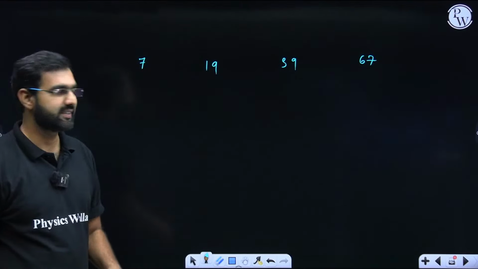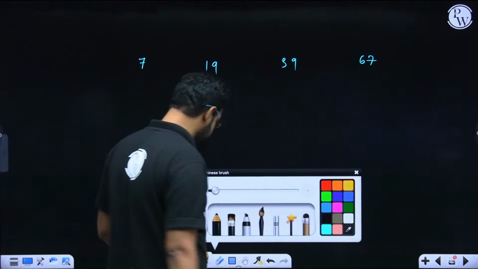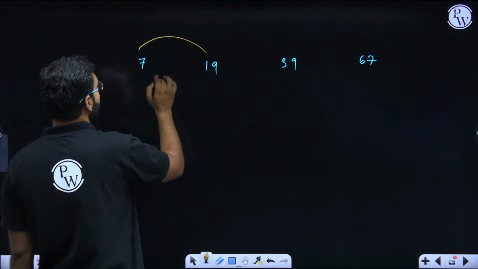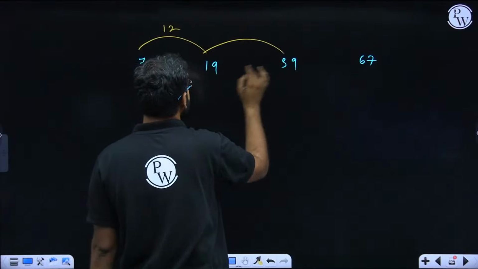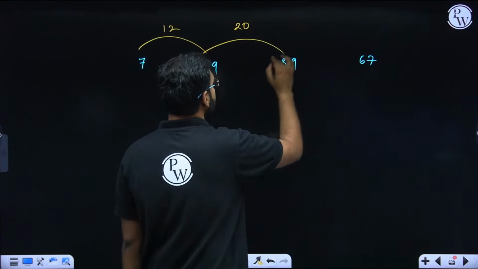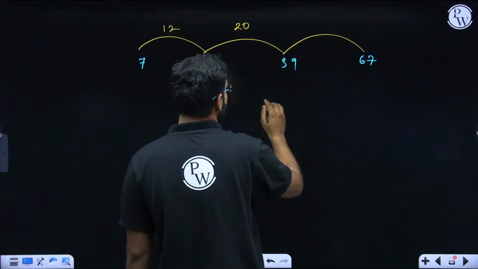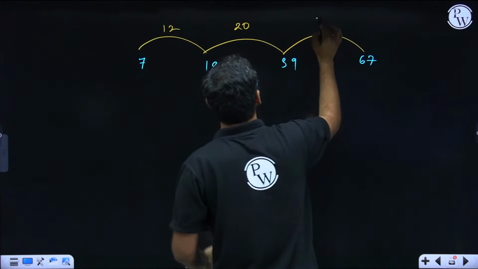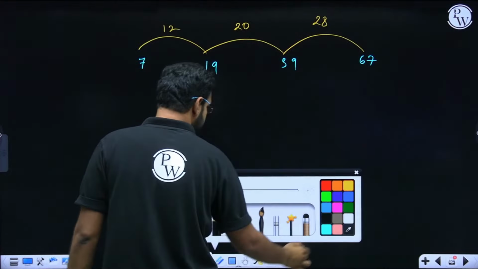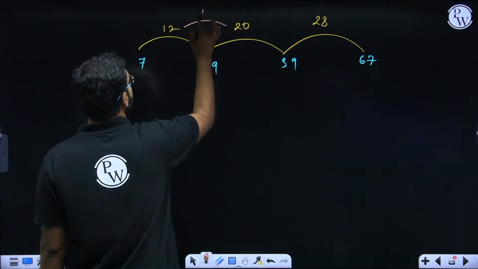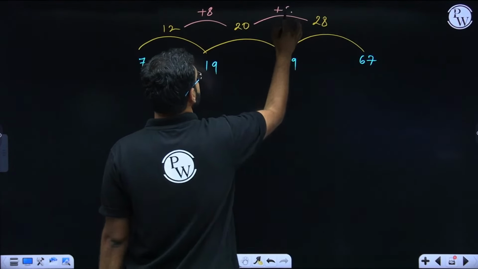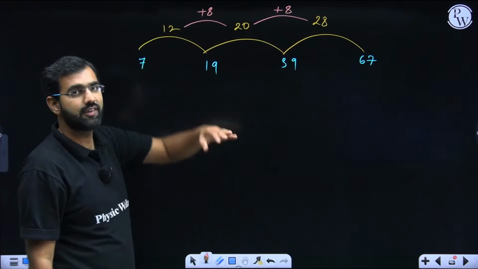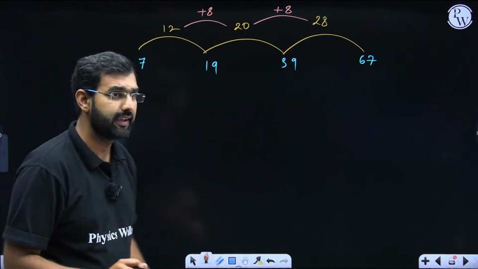And I don't know its general term. But when I observe this sequence, let's say I notice something, what do I notice? So 7 and 19, the difference is clearly 12. 19 and 39, the difference is clearly 20. 39 and 67, the difference is clearly going to be what? 39, 49, 59, 69. So 28 it will be. So here, the difference which I'm noticing is in AP because this is plus 8, this is plus 8. So this sequence has no pattern, but the difference of this sequence is in AP. In that case, what I'm suggesting is,